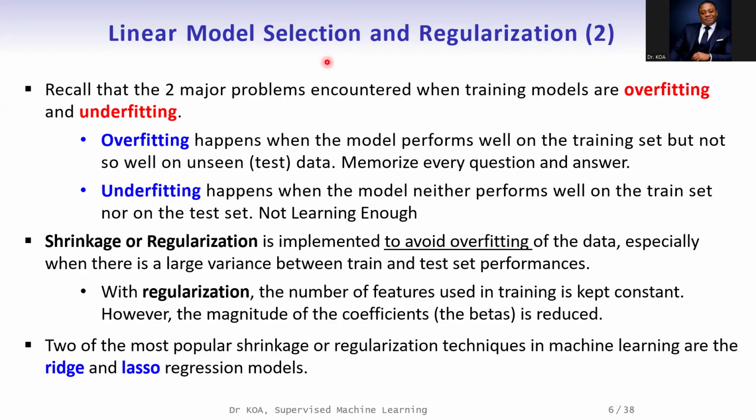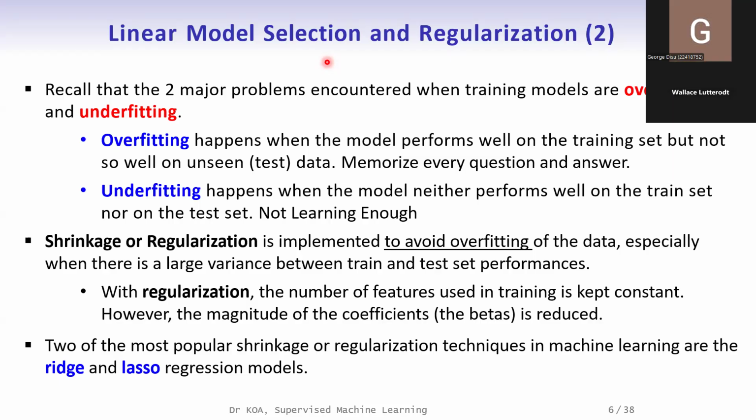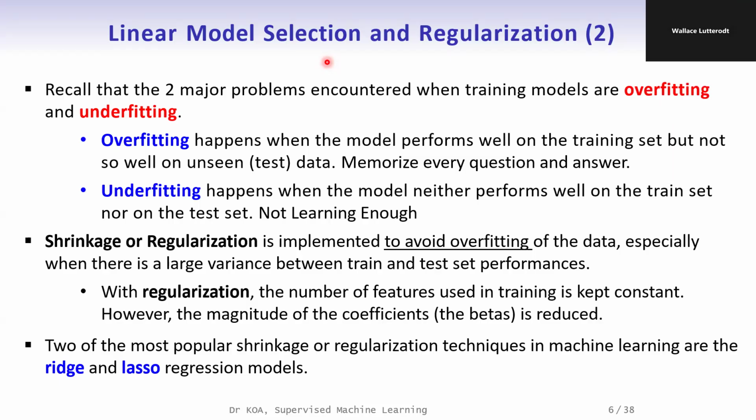Or let's say 50% came, 50% didn't come. What are you likely to get? George? 50%. Wallace? 50%, sir. Okay, now, if you go and